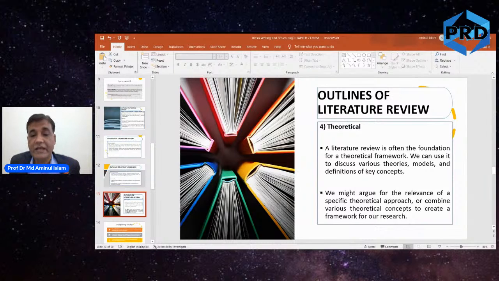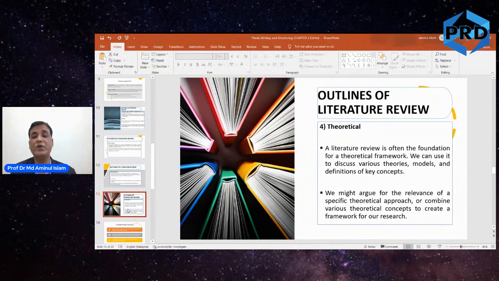About 2 months ago, I was an internal examiner for the thesis of an economics student. I saw the student started with the theory, so it's theoretical, and after that the literature review. And finally, she came out with the modeling, economics modeling and all that. So there are areas where theoretical could be the main focus, rather than going with the theme. So these are the four approaches: thematic, chronological, methodological, and theoretical.